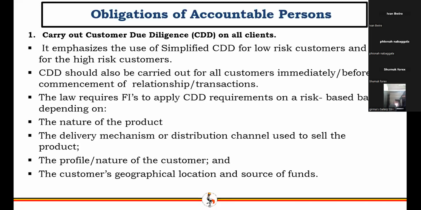At the beginning of the training, I mentioned that where I use TF, I mean terrorism financing. Where I use PF, it's proliferation financing. And AML, anti-money laundering. ML is money laundering. CFT is combating the financing of terrorism. She has explained those: anti-money laundering, AML, TF, terrorism financing, PF, proliferation financing, CFT, combating the financing of terrorism.